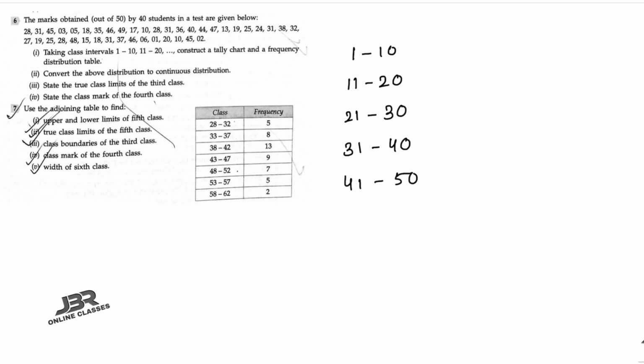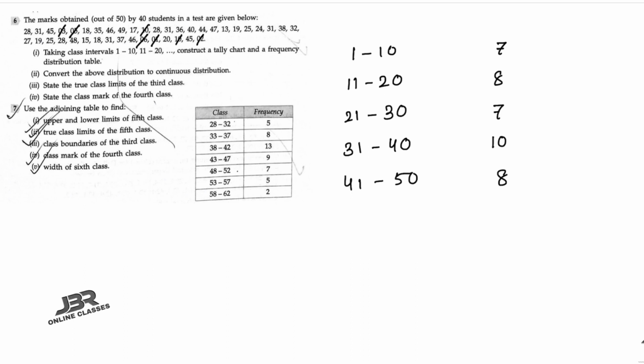So first, 1 to 10. How many numbers are there? Three numbers here, then three more, and again a few more, and after that the last one, which is 6. That means a total of 7 numbers are there. Then for 11 to 20, 8 numbers will be there. For 21 to 30, 7 numbers. After that 10, and the last one 8.